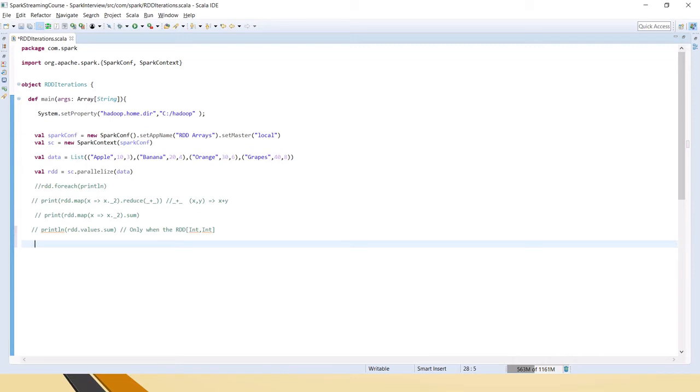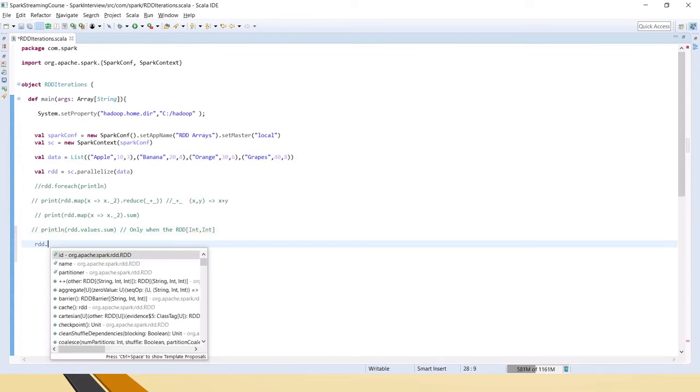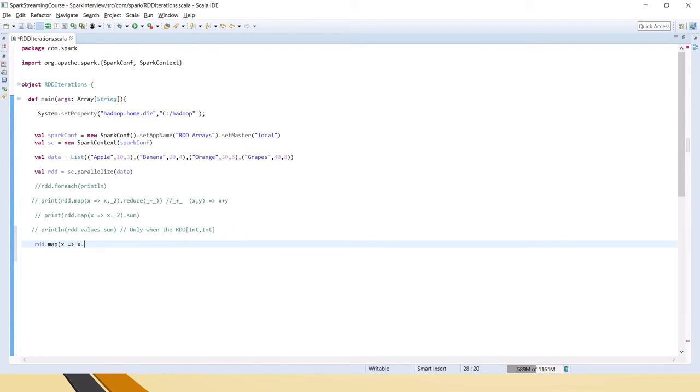So now let's say you wanted to access the first element from this list. What you have to do is RDD of map x._2, where this underscore is the placeholder which says the first element in this RDD.